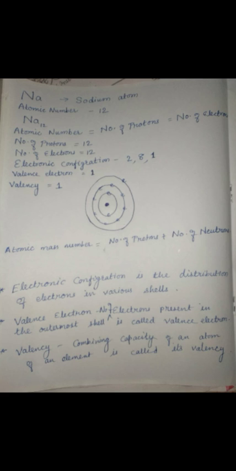See, hydrogen, helium, only 1 shell. Then lithium, beryllium, boron, all have 2 shells. Lithium is 3, so 2, 1. Beryllium 2, 2. Then boron, 5 electrons, so 2 in the first shell and 3 in the second shell. This way it increases. So you will have to just study this out. This is how you are going to practice it, and more about this we will be doing in